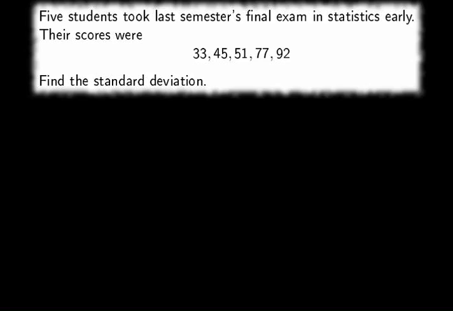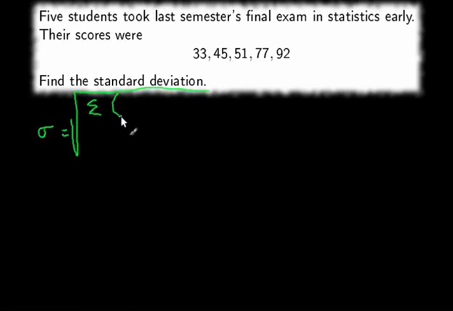Since the standard deviation has different formulas for population and sample standard deviation, we need to decide first which we have, a sample or a population. Since we're looking at only students who took the final exam in statistics early, and there were 5 of them, and we have 5 scores, we're going to assume that we have a population here, and we're going to calculate a population standard deviation, sigma, the formula for which is the square root